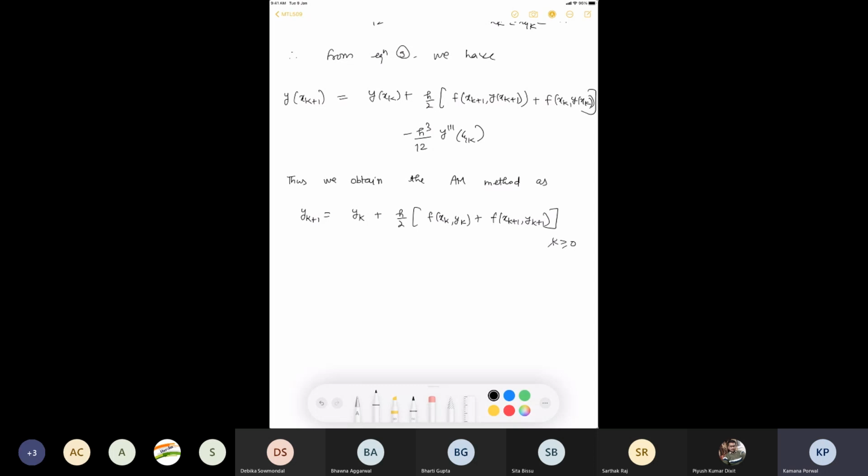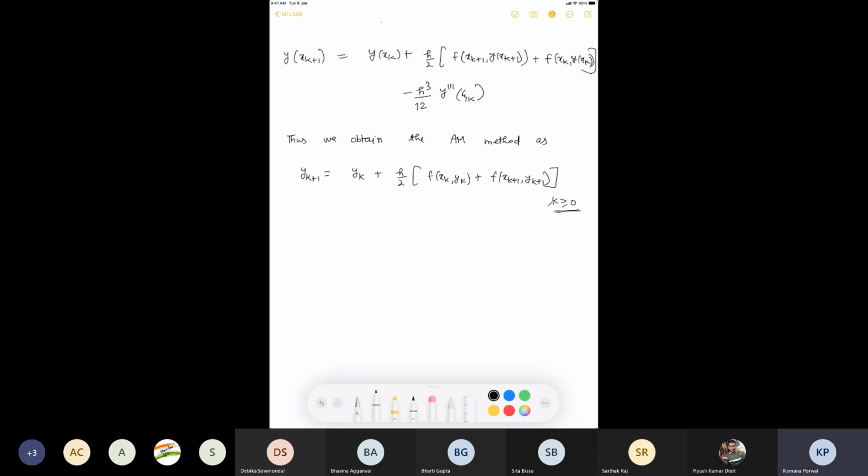And note that you are not requiring information from the previous level. So I could very well have here k greater than or equal to 0. And the truncation error here is of order h cubed. So therefore, the global error will be